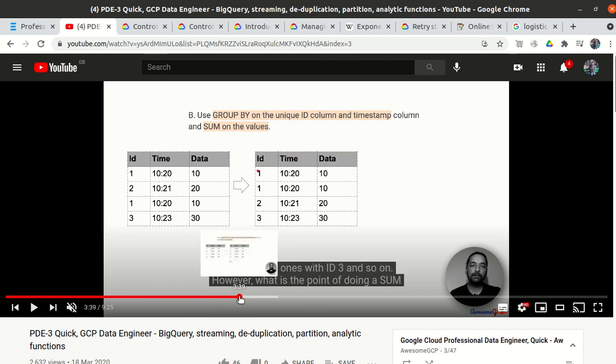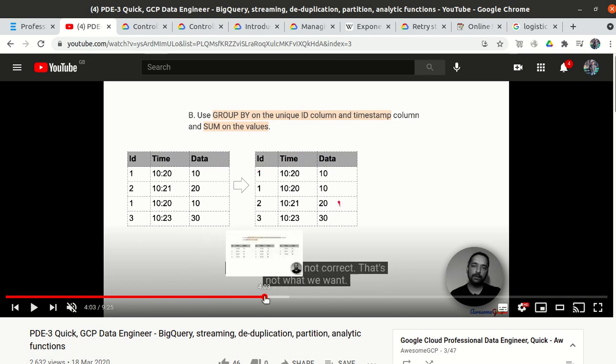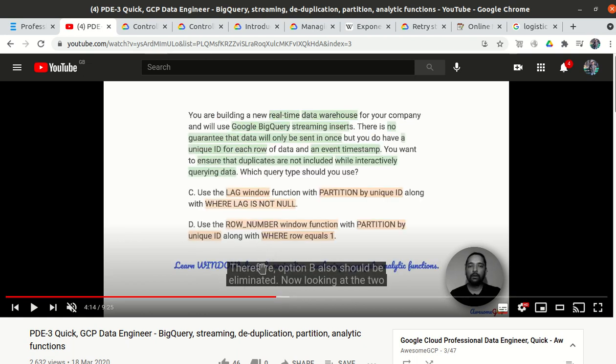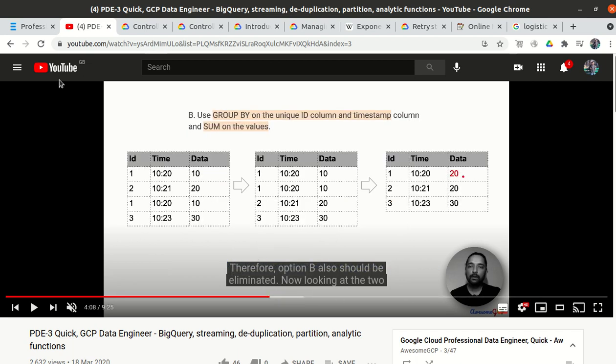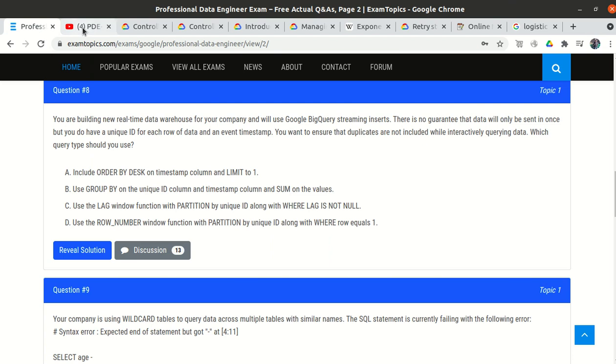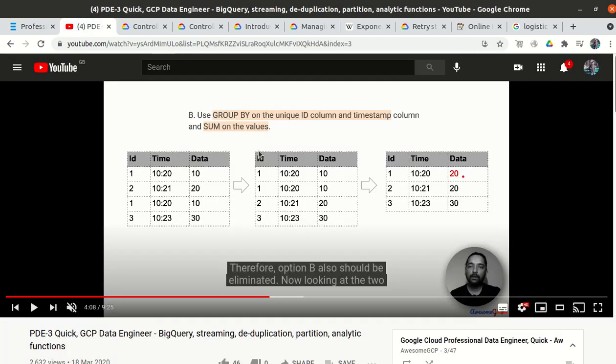They said we need to use group by on the unique ID, so all the 1 rows come together, then all the 2 rows, then all the 3 rows, on the unique ID and the timestamp. Okay, fine. And then we need to sum on the values.